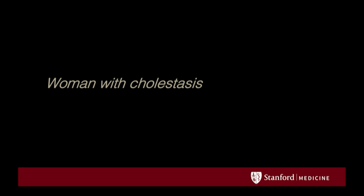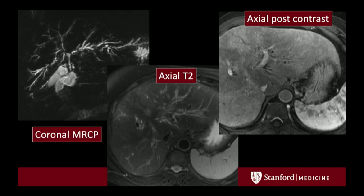Our next case is a woman with signs and symptoms of cholestasis. Now on this MRCP, you can see that there are multifocal intrahepatic strictures with sort of a beaded appearance that looks a lot like PSC. On the axial T2, for example, in the right hepatic lobe, you can see that there is a little bit higher T2 signal. And on the post-contrast, that posterior right lobe is also hyper-enhancing,